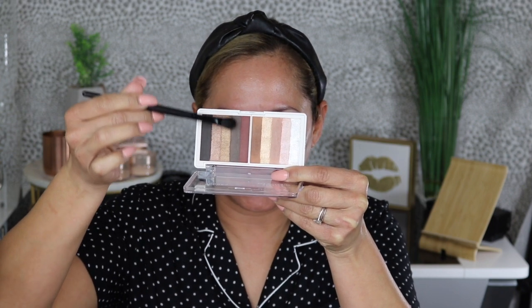Next, I'm going to use the blending brush, and this is also a bit tapered. I'm going into this shade right here, this gray shade. I'm just going to go right on the corner and into the crease. This one is coming off very splotchy. Guys, I'm trying to work with this shade. It's just coming off really splotchy. I'm going to go back into the fluffy eye blender brush, and I'm just going to kind of clean the